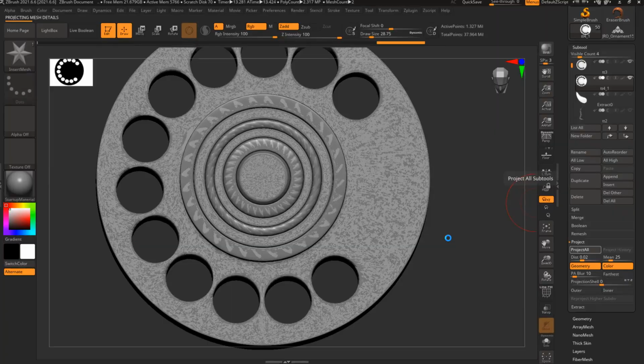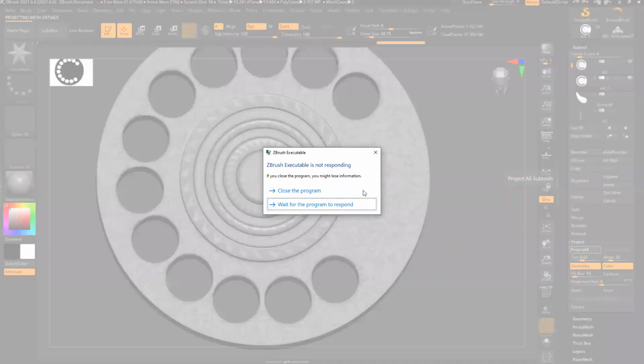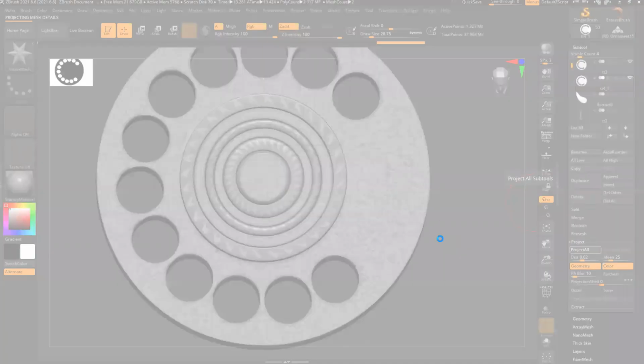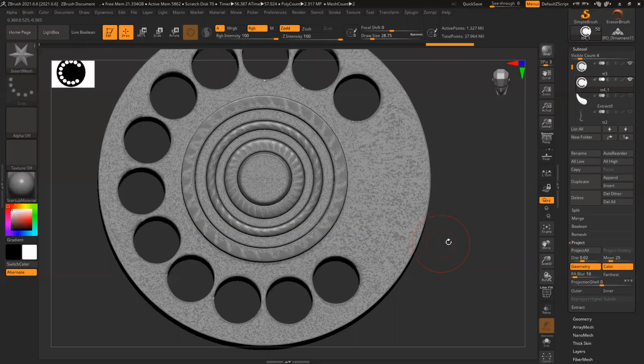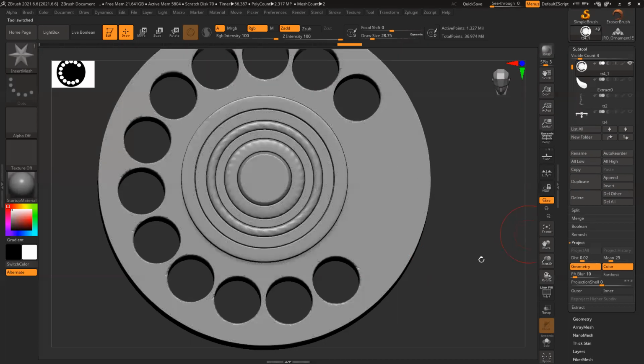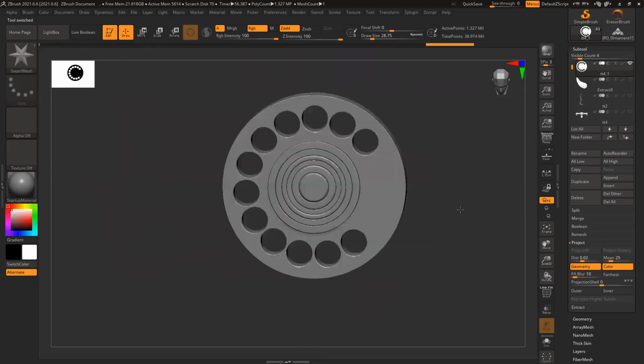Okay, that star I can do in this thing only. In Substance Painter directly, I can do it. Okay, projected. Delete. Okay, almost clean, not 100%.